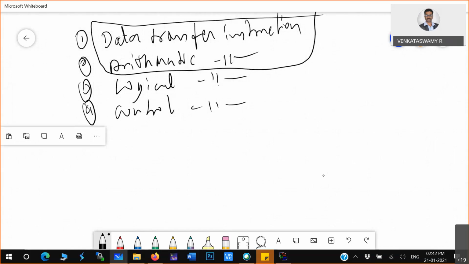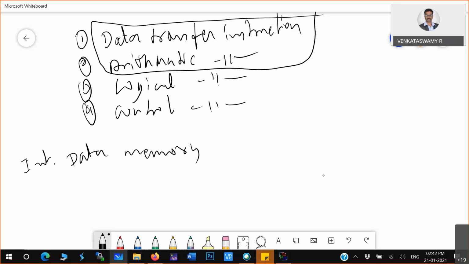Data transfer means, for example, movement of data from one memory to another memory. Say I have an internal memory, RAM. What is that internal memory called? It is called internal data memory.